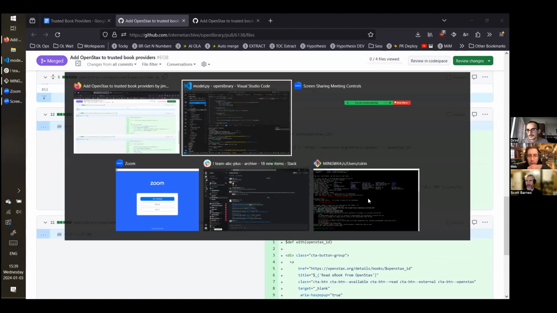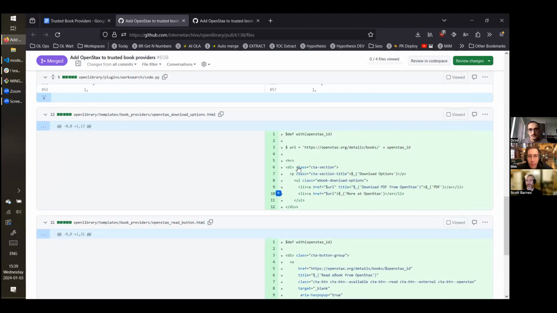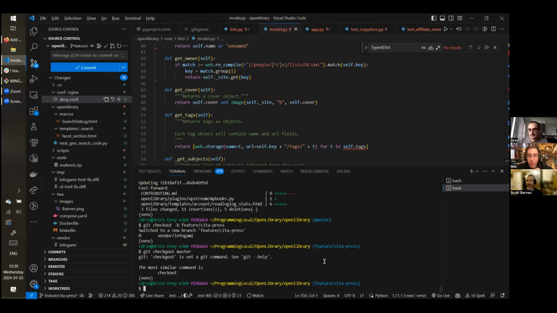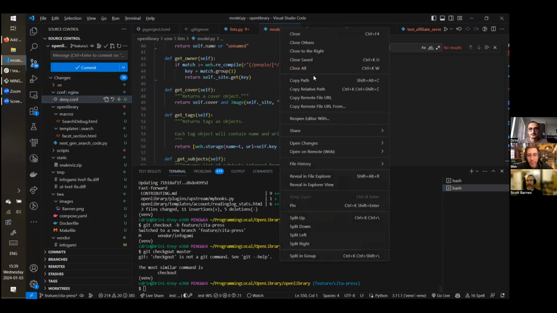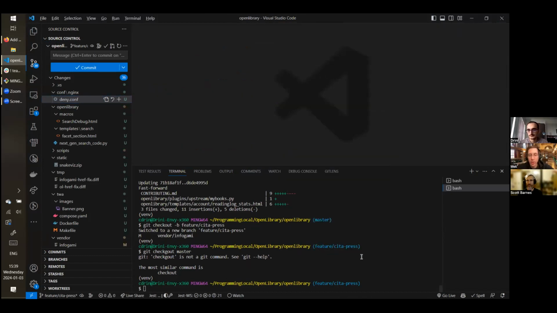Can I take a quick step back just to augment for anyone who's watching? So traditionally on the Open Library website, the Open Library is a catalog of books, and some of those books have read options. So you could see a button that says read or borrow. Most of the time in the past, those read buttons or borrow buttons were powered by archive.org books. So when you click read, it would connect you to archive.org and then initiate a borrow or bring you to the book. And a few years ago, we added support for something else into the Open Library website called Trusted